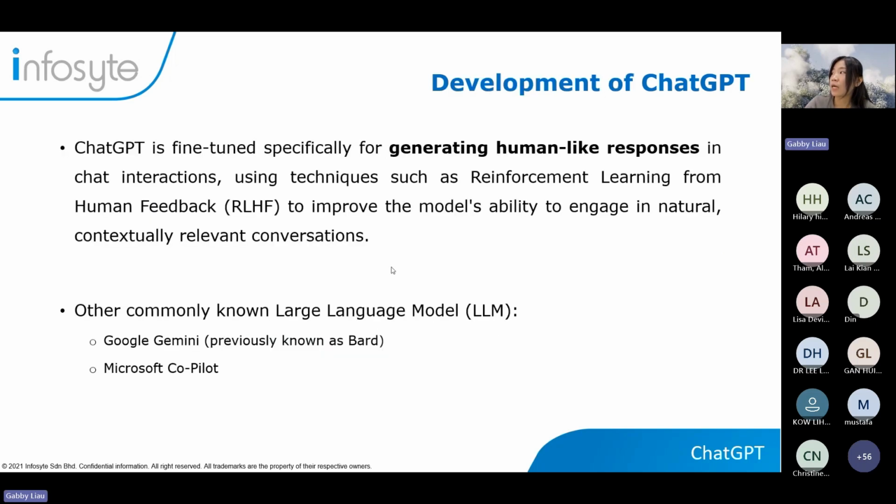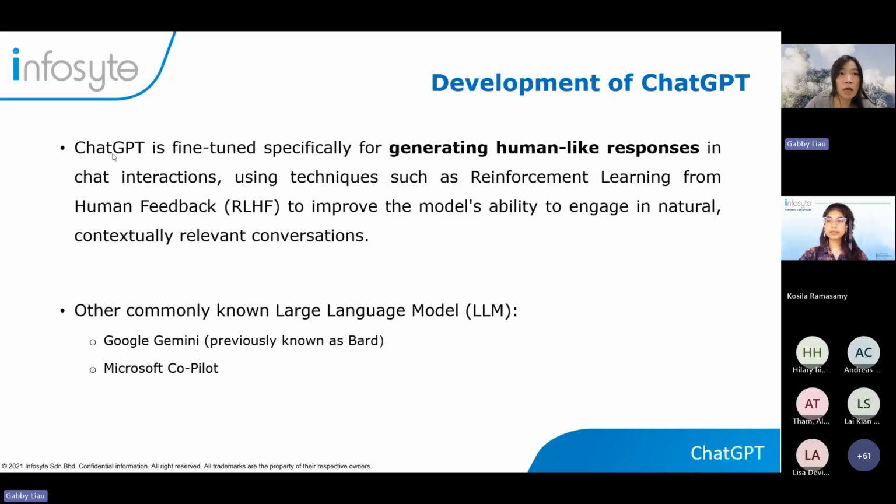Okay, and so ChatGPT is, as we say, a large language model, LLM. You must have heard of LLM before, right? ChatGPT is one example of a popular LLM. Aside from ChatGPT, we also have the one from Google, like Gemini. We have Copilot. We have a lot of other LLMs as well. So this kind of LLM, this large language model, is a kind of AI model that people have trained with a lot of domain knowledge.